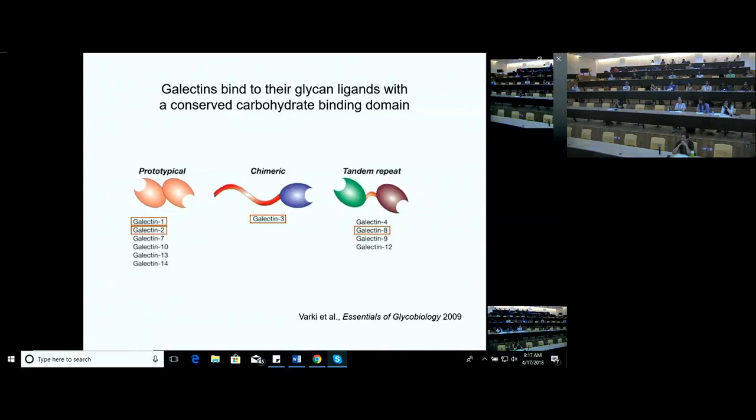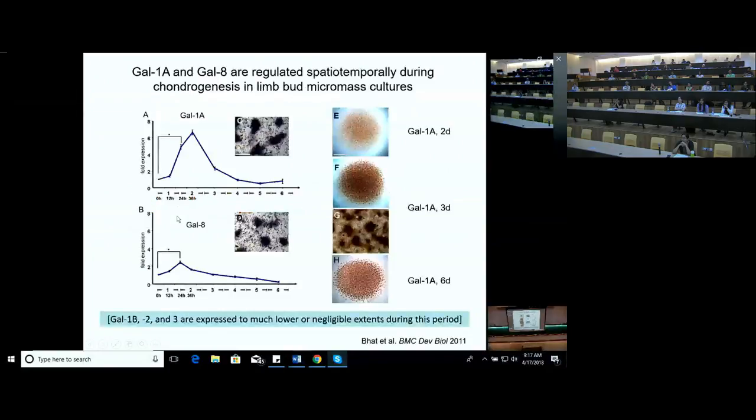It's the case in fish and amphibians. You have several galectin 1s, but in mammals, you only have 1 galectin 1. In sauropsids, you have 2 galectin 1s. They're called galectin 1A and galectin 1B. And what we found